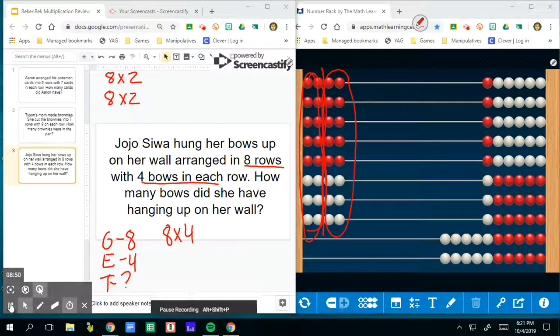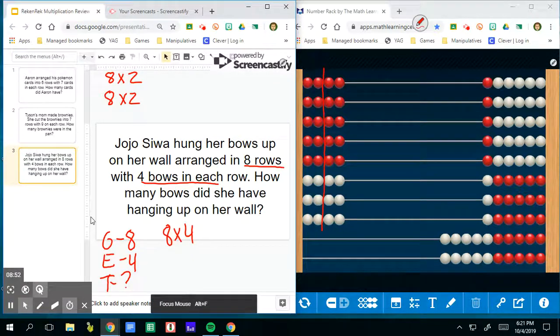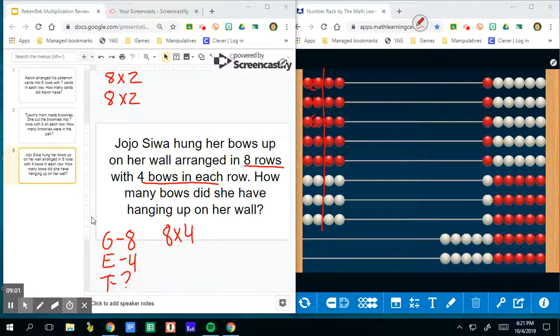So I have 8 times 2, 2 times. Well, what is 8 times 2? 8 times 2 is essentially just 8 doubled. Or I can count by 2s. 2, 4, 6, 8, 10, 12, 14, 16. So 8 times 2 is 16. So that means this 8 times 2 is also 16. So now I have 2 16s, which is the same as